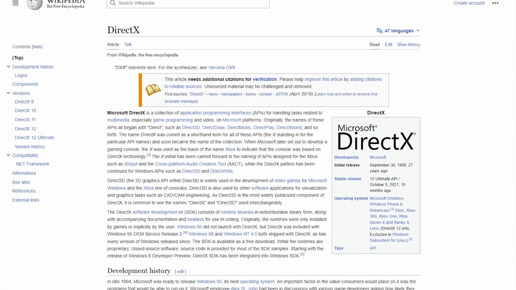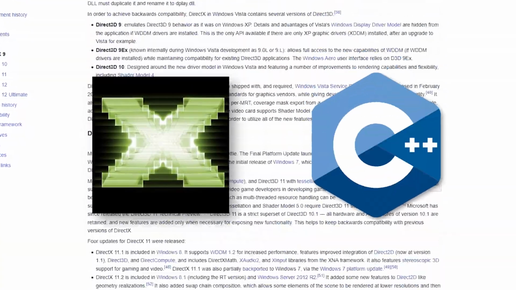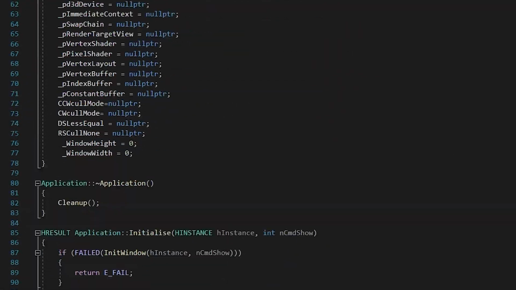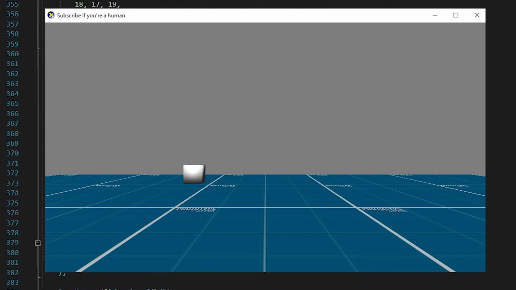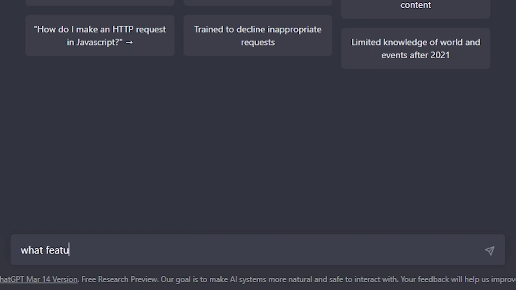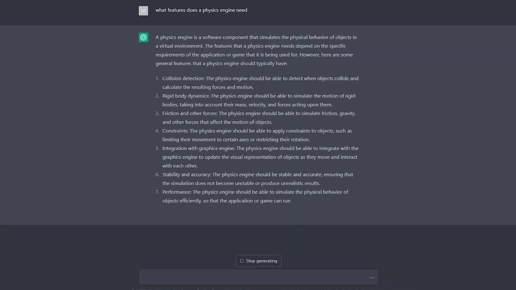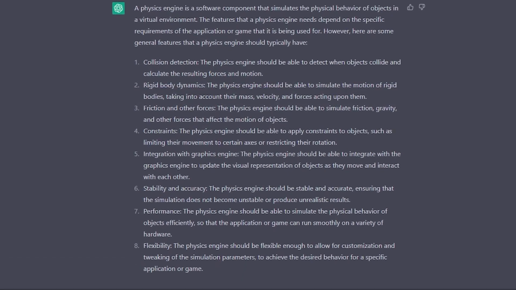Okay, to make things fair, ChatGPT will also be subjected to using DirectX and C++, since that is what I used, and also I already made a base project that allows me to render stuff onto the screen, since that's not really relevant to physics stuff. Now let's begin. What features does a physics engine need? Okay, cool, it gave me a general list of stuff,